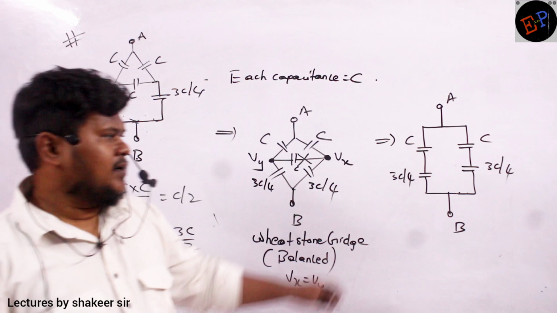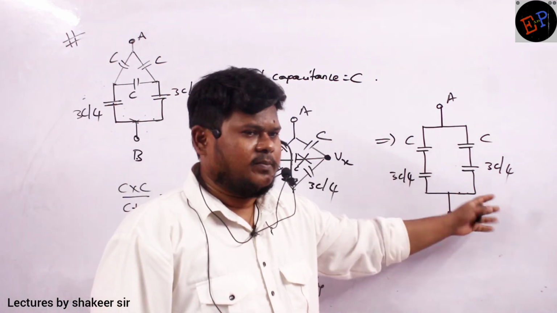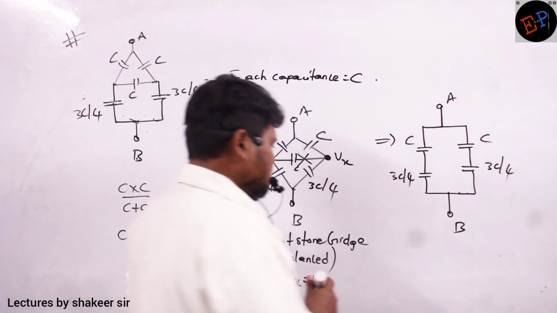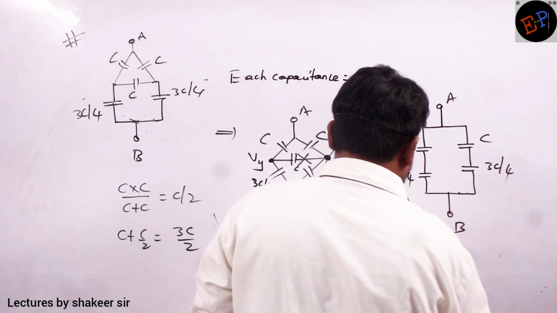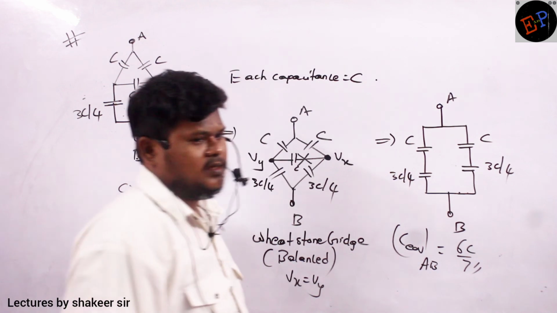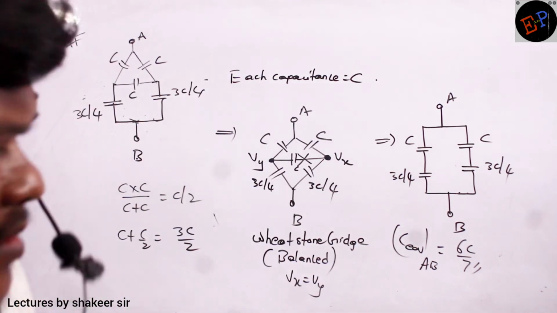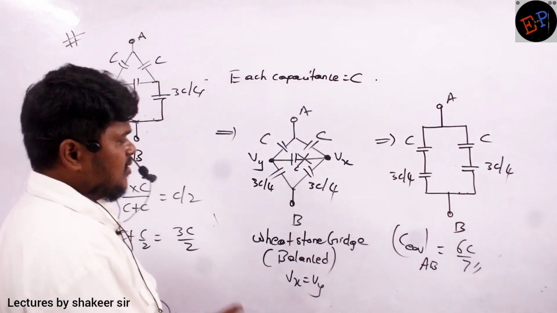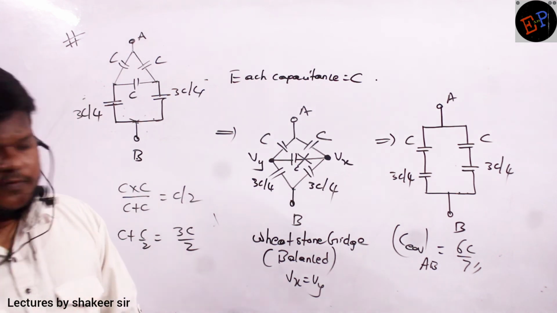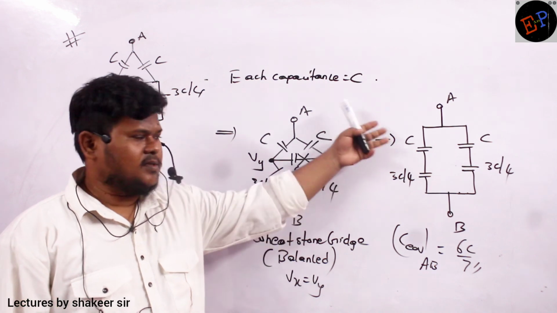Is it clear? Now these two are in series, these two are in series. This branch and this branch, they are in parallel. Just solve the circuit, you will get the answer. Are you able to understand? So if you do this total calculation, C equivalent between A and B, you should get 6C divided by 7. Now further I am not solving. I hope you can do it. That is the answer. Have you understood how we have done? We have reduced wherever necessary and we have converted into a Wheatstone bridge. We observed that it is a balanced Wheatstone bridge. Then you can remove this capacitor and that is the equation we solved.